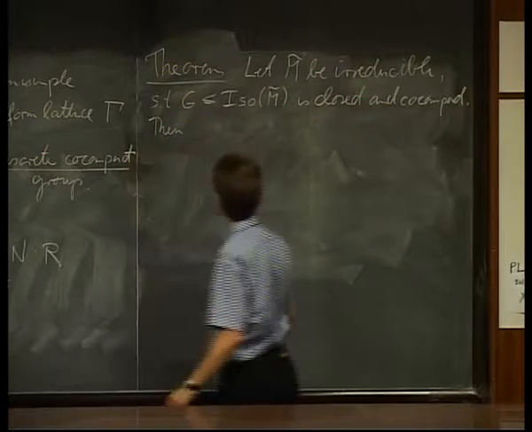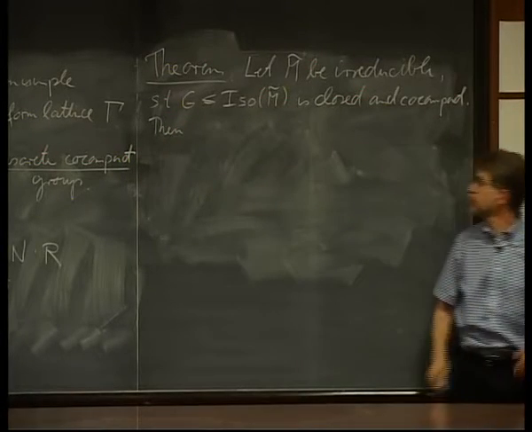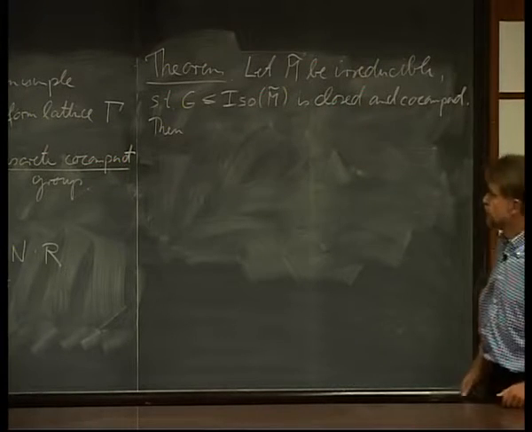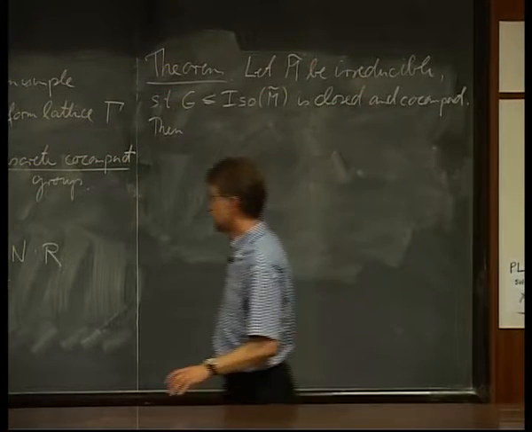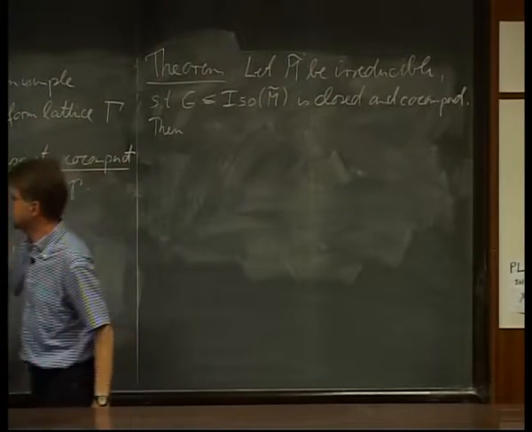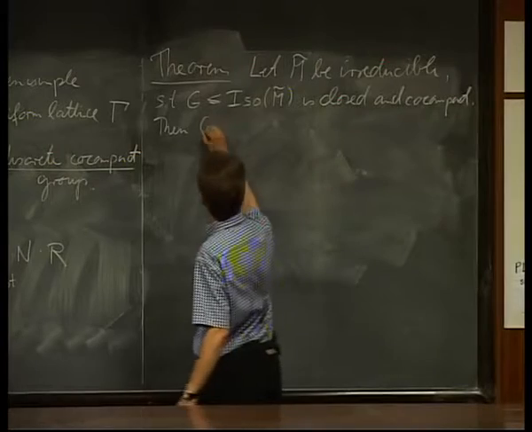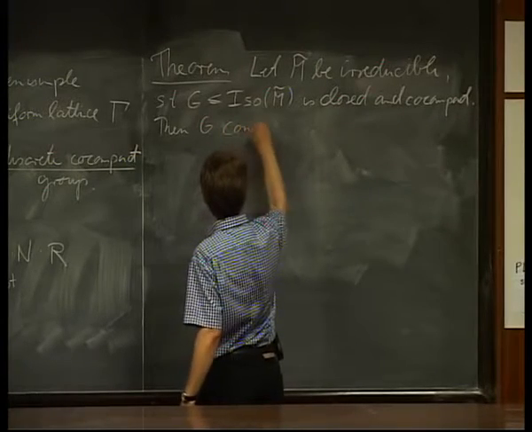And as I mentioned before, I will never worry about not knowing all of the isometry group. I'm always allowed to make the group smaller, as I did here, as I did there, as long as it's still co-compact. Then G contains